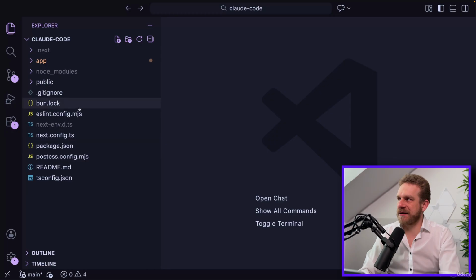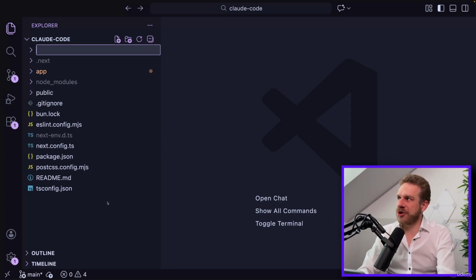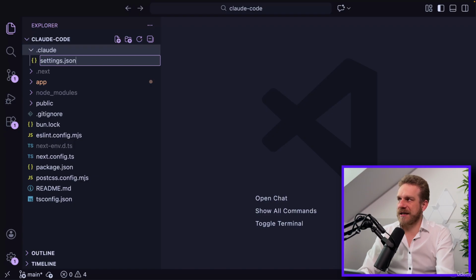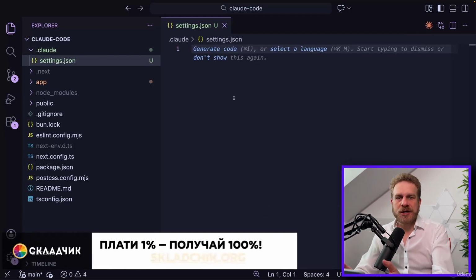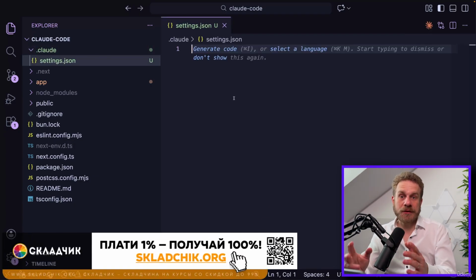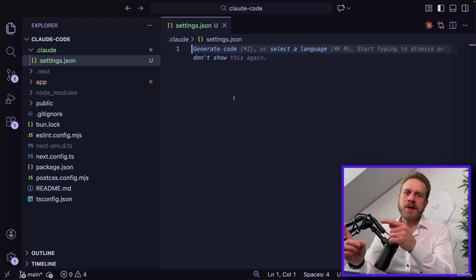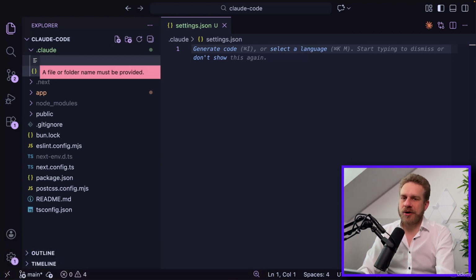Another place where settings can be stored is inside of your project folder. So here in this next folder. In there, you can add a .claude folder, and in there you can also add a settings.json file. And then in here you can set up Claude settings that will override the global settings for this project. You can also add a